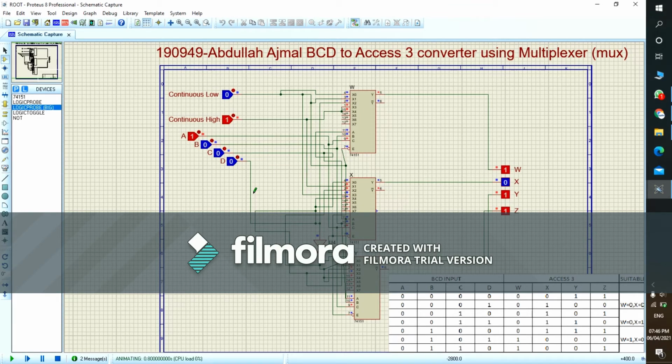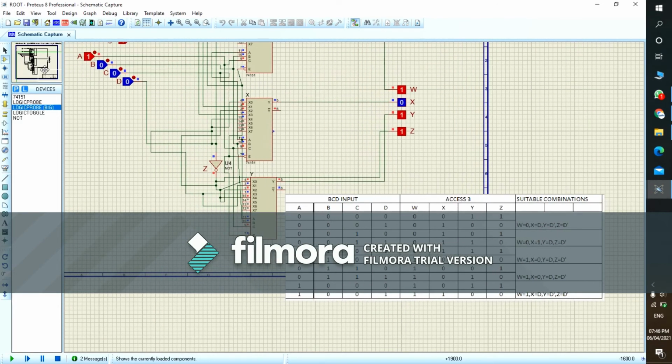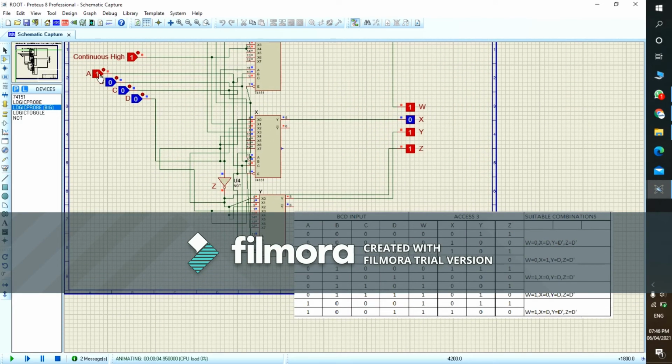As we can see, I will now make my truth table a little more clear. So as we can see, 1000, which is the representation for 8, we have seen that we have 1011 as our output, which is also clear in our XS3 part, 1011.